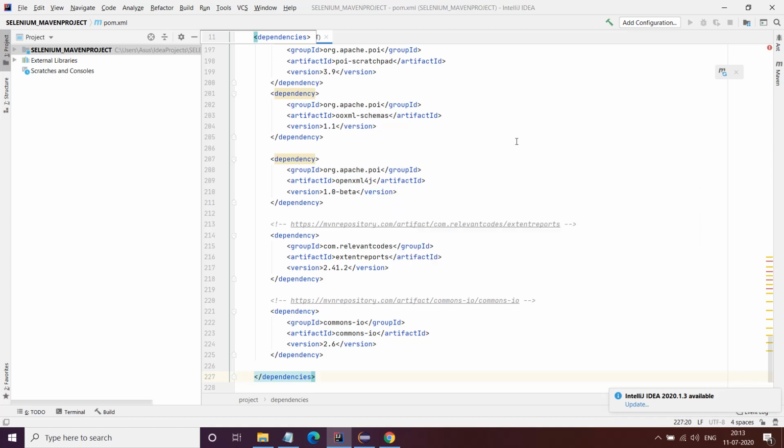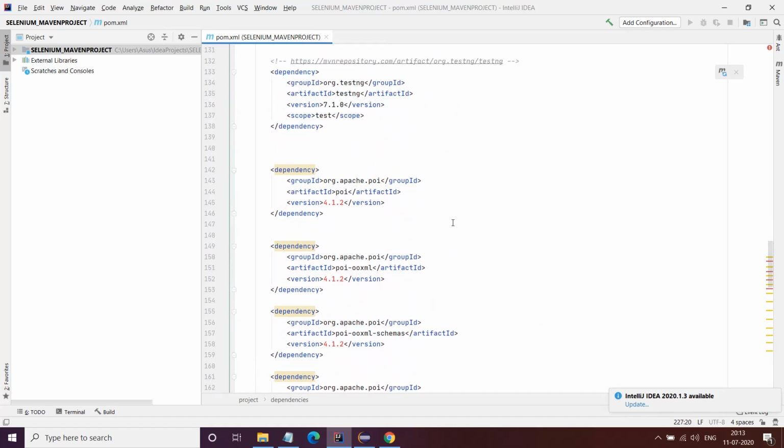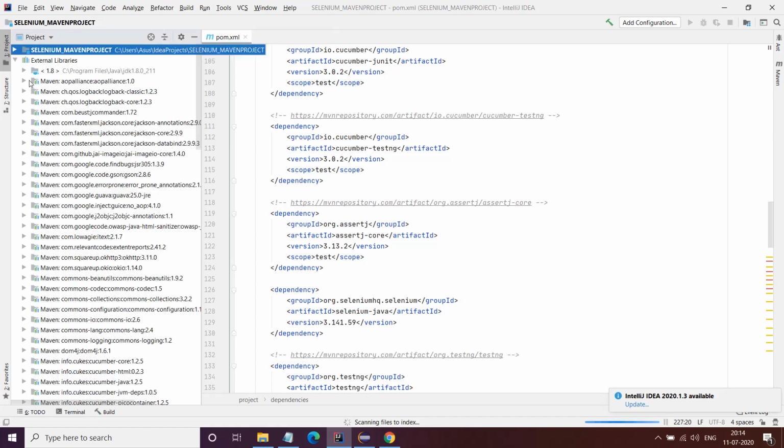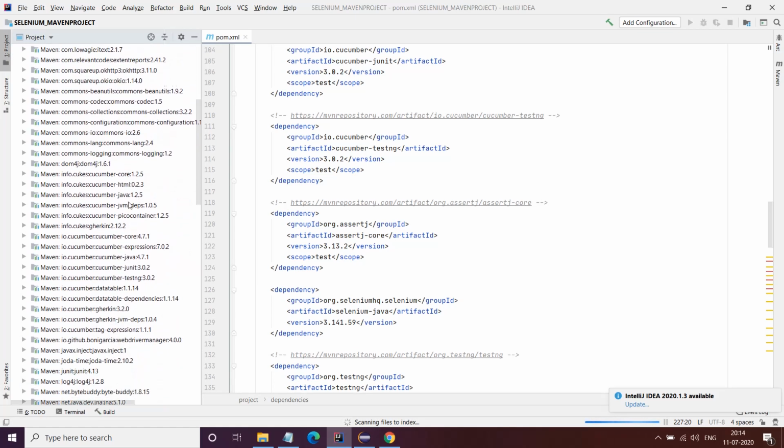Now once you do this, Control S will not work here, because in IntelliJ IDEA saving all these dependencies has a different approach. And what is that approach? You have to click here. There is a load Maven changes icon that will come up. Sometimes if this icon does not come over here, you can use this shortcut Control Shift O, and then it will start resolving all dependencies. It will start adding all the dependencies which you need, and slowly and steadily, once you go on external libraries, all the jar files will come here.